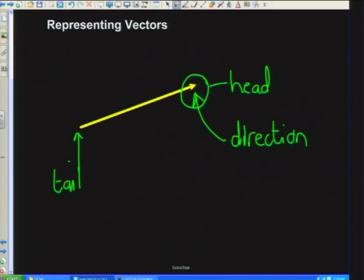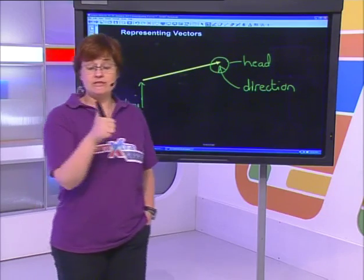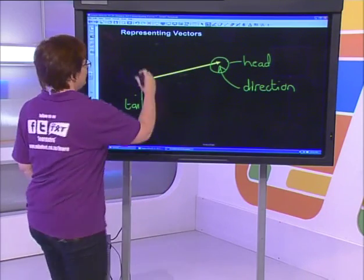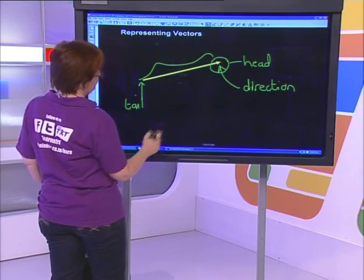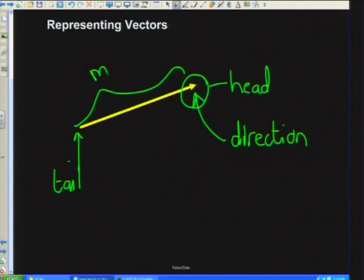So it's quite important, so I can show the direction that the vector is going in. The length of the arrow, so this part, oh, that's terrible, but just pretend, represents...